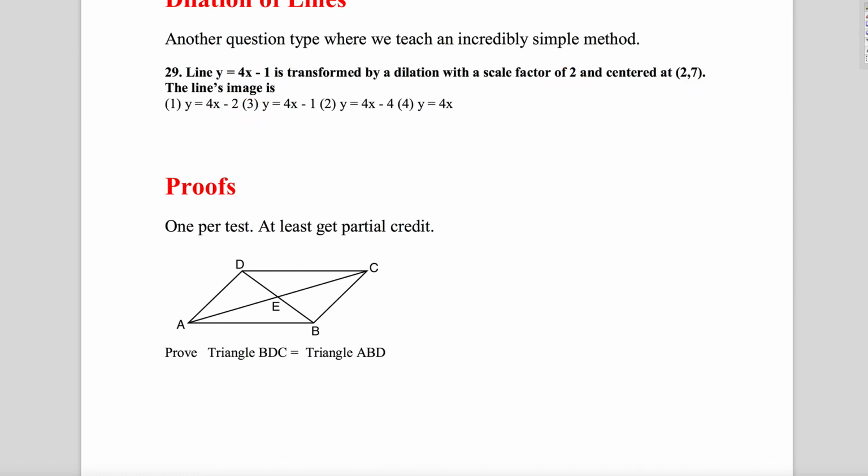Prove that triangle BDC, it's this big triangle here, is congruent to triangle ABD. It's not a hard proof. You have this one reflexive. You have this angle, opposite angles in a parallelogram. I think it's stated that it's a parallelogram. If not, then it wouldn't be possible. And then this angle here, and this one's alternate interior, so now you have angle, side,